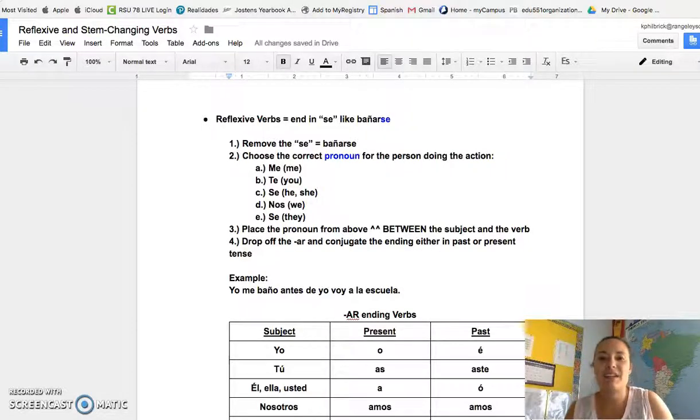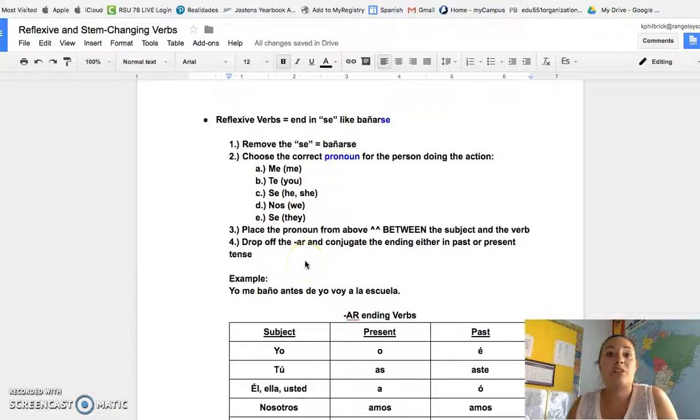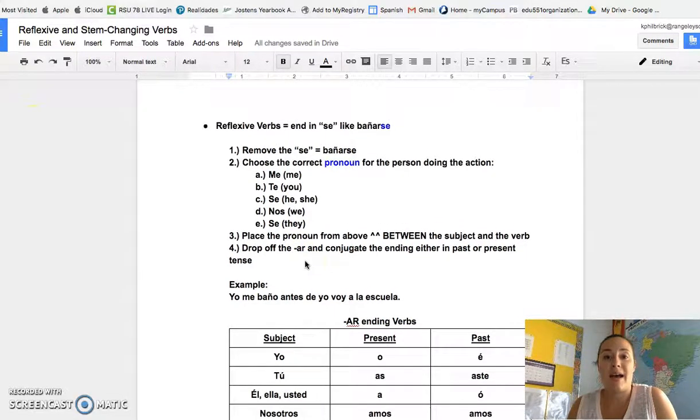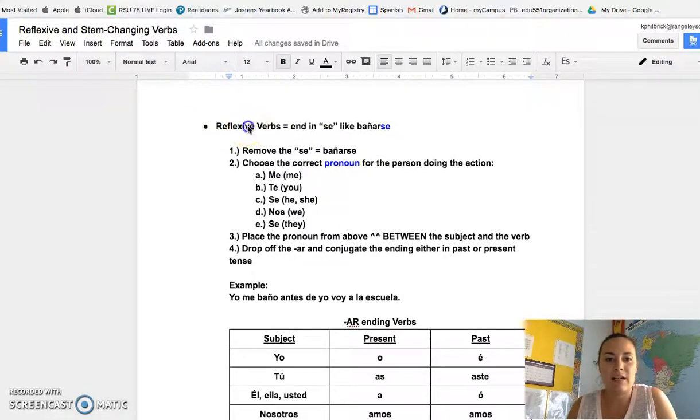Hi guys, this video is about reflexive and stem changing verbs. So a reflexive verb, which we'll talk about, can also be stem changing, but it doesn't have to be. And stem changing verbs don't exist in the past tense, so I'll talk a little bit about that in just a few minutes. So if we take a look here at reflexive verbs, typically, the way to identify them is